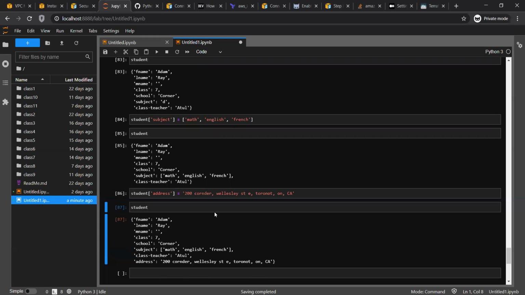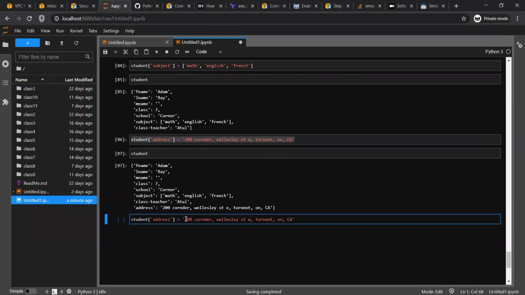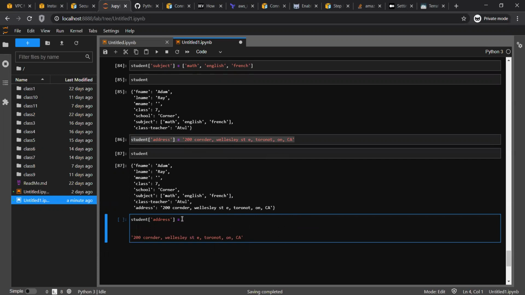So there is another way to write it down. You can create a dictionary of this string as well. How you can create it is this way. Let me comment it out here. Create a dictionary, curly braces. Here I'll write address. The very first address, we call it address 1, right? Address 1 colon. The value of address 1 is 200 corner.